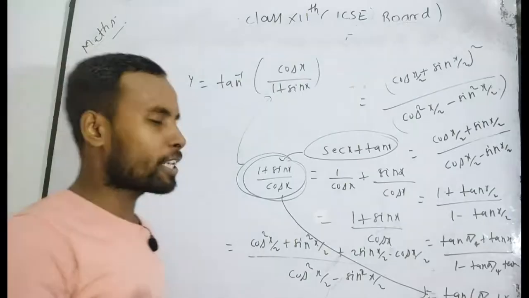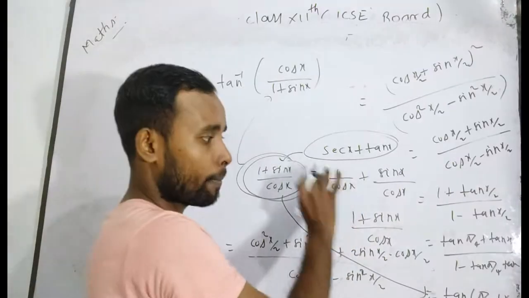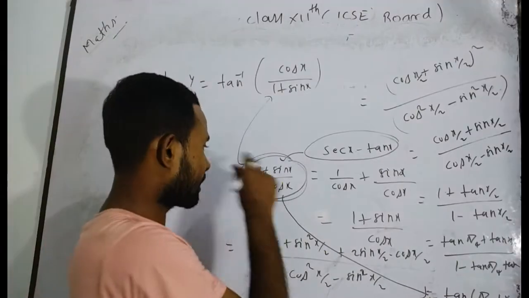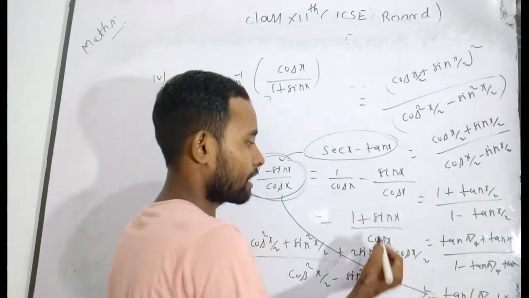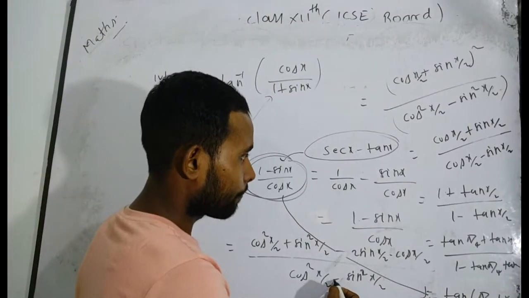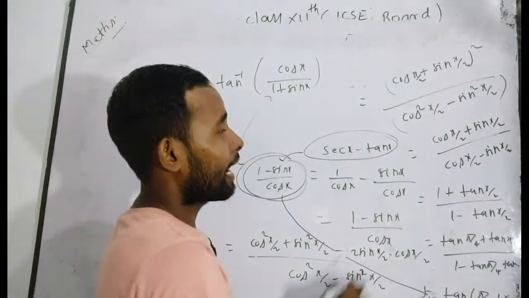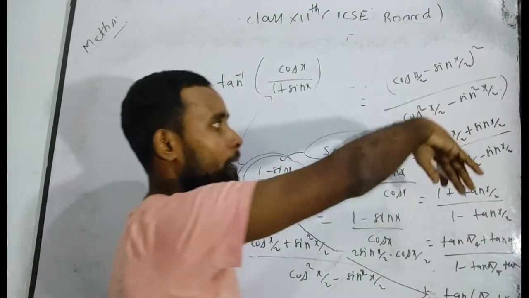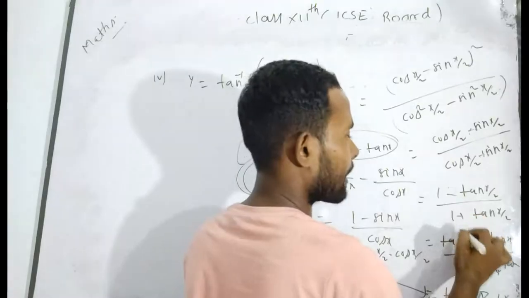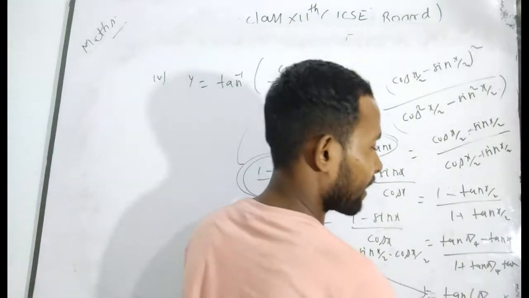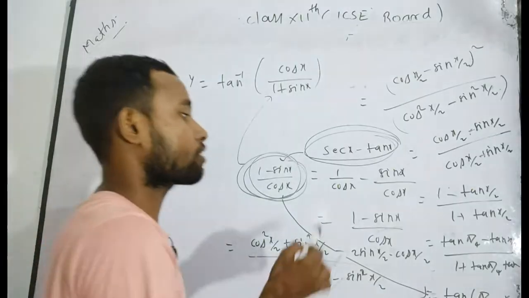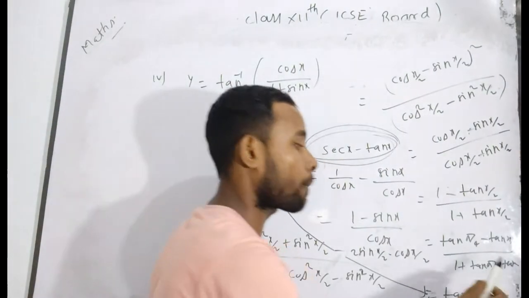And I want to explain another formula for you. Remember it? Now I want to take here sec x minus tan x. In the case of sec x minus tan x, there will be (1 minus sin x) by cos x. If you simplify, you will get minus here and plus here, and finally you will get minus. That means sec x minus tan x, or (1 minus sin x) divided by cos x, will always be tan of (pi by 4 minus x by 2).